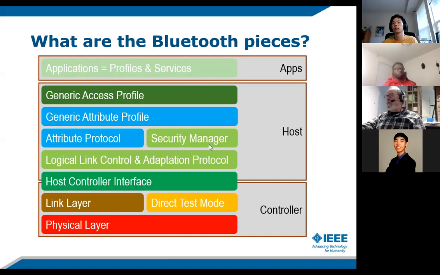Nobody makes a phone that doesn't have Bluetooth in it. This layer and this layer are part of the OSI layer 2 data link layer. Generic attribute profile and protocol collect data from the servers and wrap it to make it easy for it to be accessed and used by applications. And there are hundreds of these applications, some public and some proprietary.